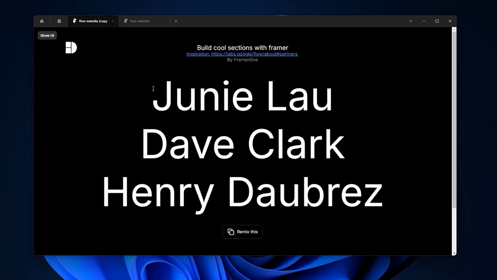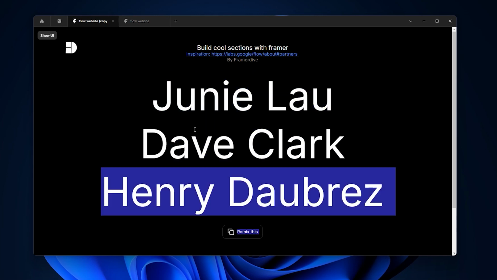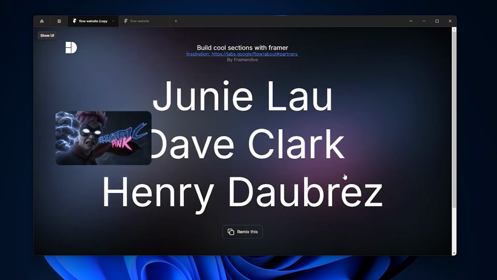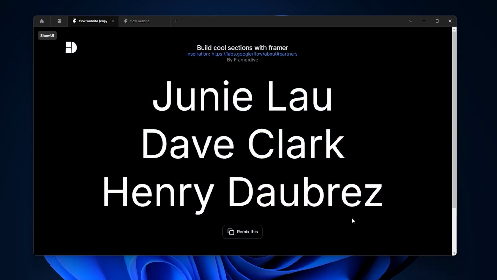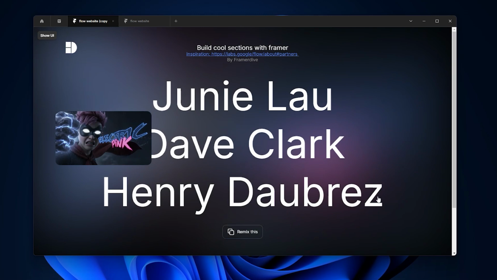Notice we have not set this for yet, but now when I come to this Henry Dubras, you can see we have this nice revealing effect, and we just did it quickly without writing any code. Now let's see how, when we hover on the text, we want to make sure the two texts on top of it kind of fade out, and we want to give this Henry Dubras name a different color so we can create some dramatic and even sophisticated